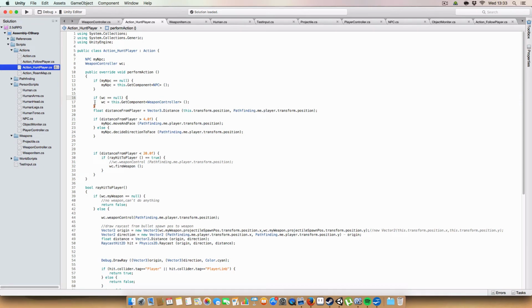But we also have a slightly different one. Oh, here's where the changes come in. We've got a weapon controller instance, which will get the weapon controller attached to the NPC. So if we are less than 20 units from the player,